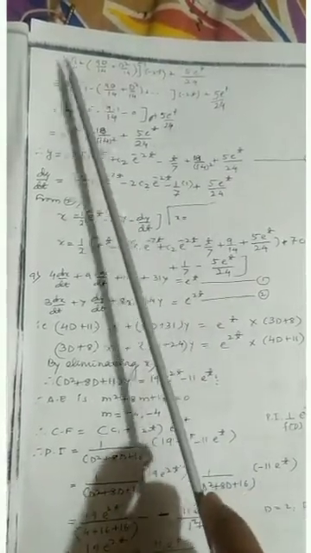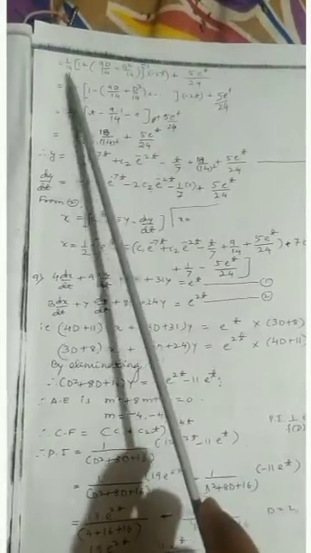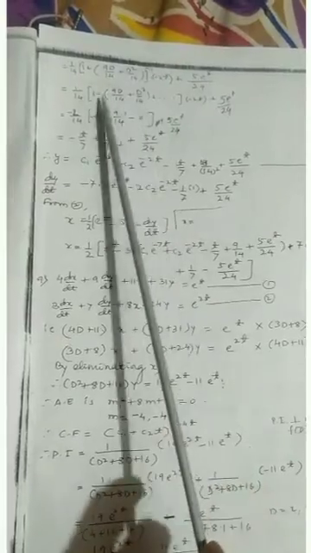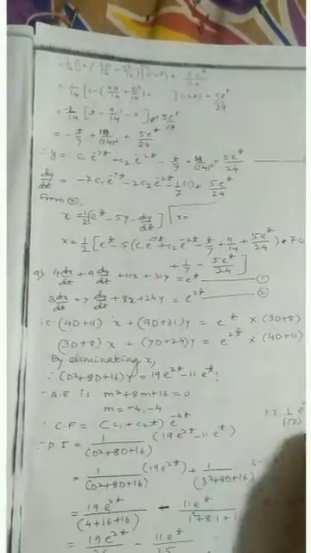We know the standard formula, you studied this at PUC level. The formula is what? 1 plus x raised to minus 1 is 1 minus x. See, I will show you that formula here. It is in the form of 1 plus x raised to minus 1. The formula series is 1 minus x plus x squared minus x cubed, and so on. So, applying this formula to that problem, what do you get?